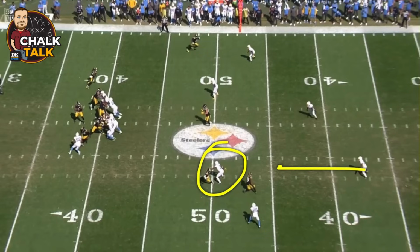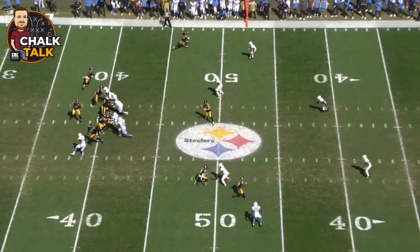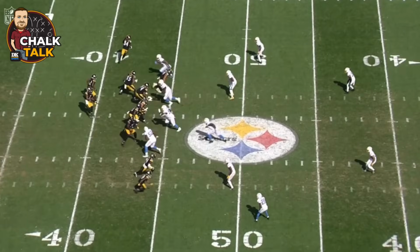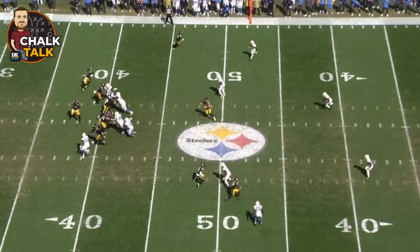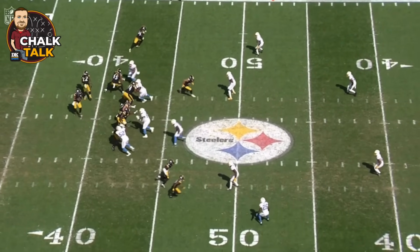passing him off. He thinks that he's got him. Or maybe this safety will come down and get him. Somebody's going to get him. There's 1 or 2 guys because, again, if this route were to go here, then he would latch on and run with him. But because he's running this little wrap right there, he passes him off. Now, again, let's look at